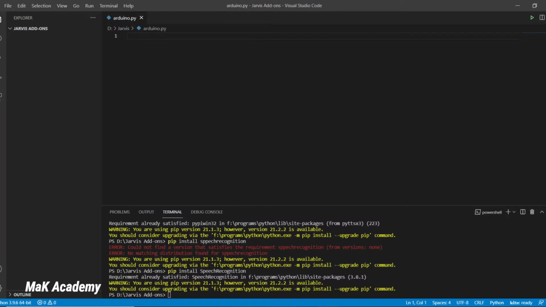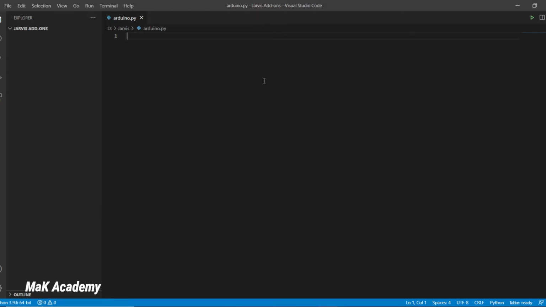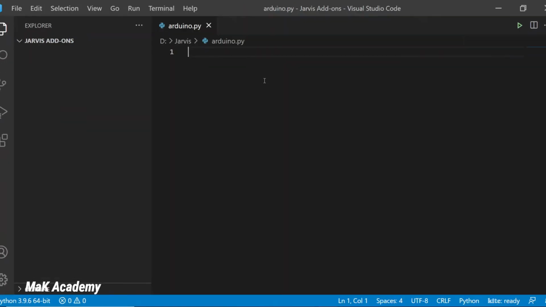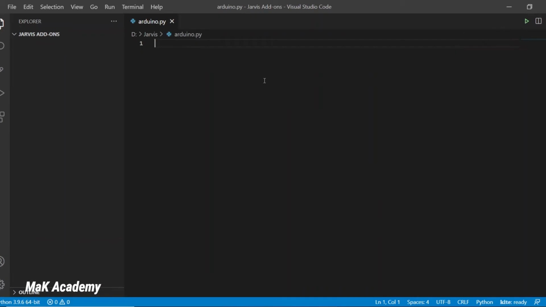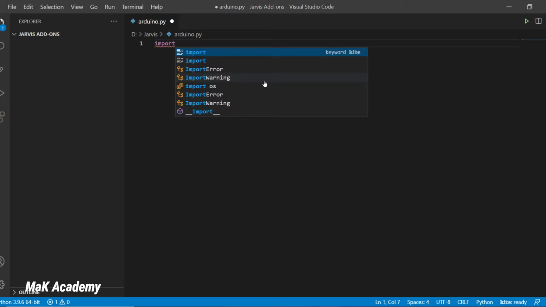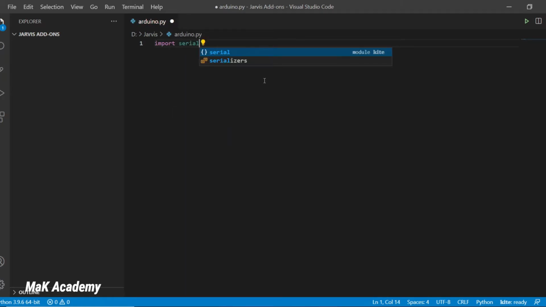Now, since we have installed all of our required libraries that we need for this program, we are now going to import all of these libraries one by one. But first let me zoom in a little bit. That's enough. So the first library I'm going to import is PySerial library, but I will say import serial.